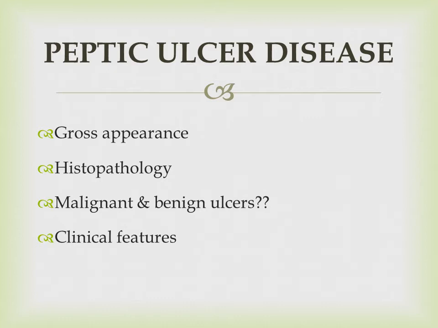If we talk about the microscopic features of an ulcer, the epithelium will be continuous, and suddenly there will be a missing area. There will be an ulceration or eroded area of the epithelium, and that eroded area will show numerous inflammatory cells, especially neutrophils. Initially there will be neutrophils, followed by other inflammatory cells like lymphocytes and plasma cells.